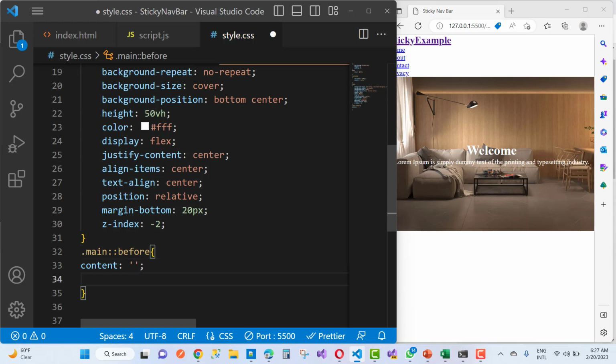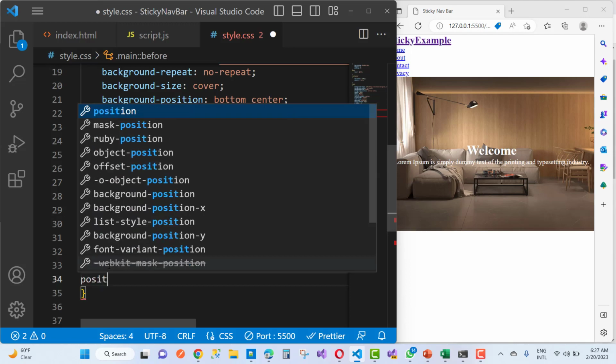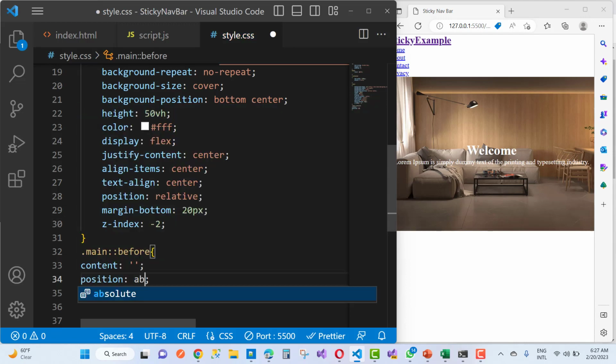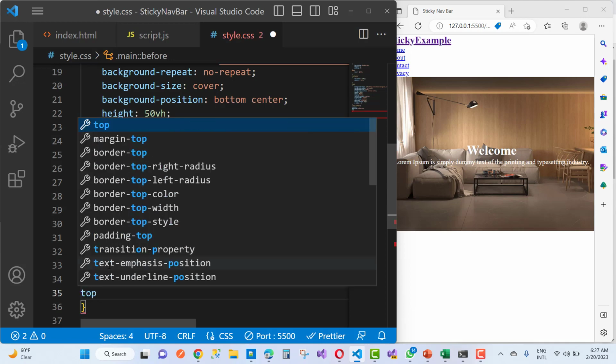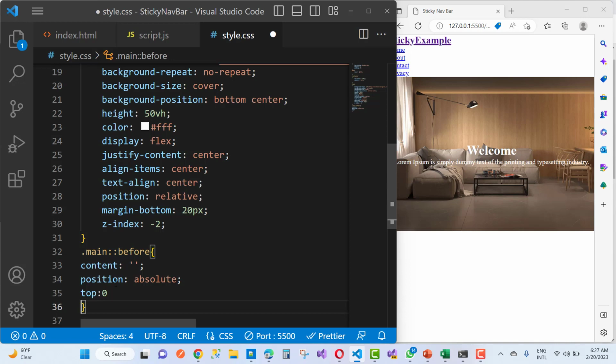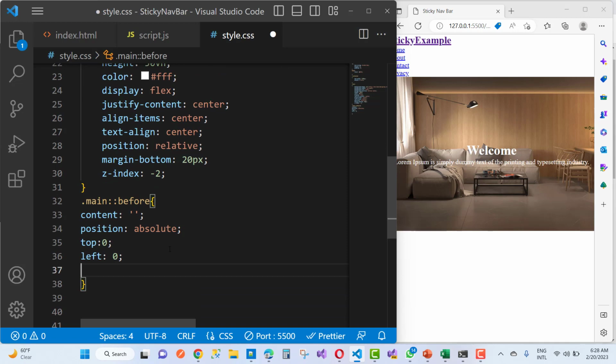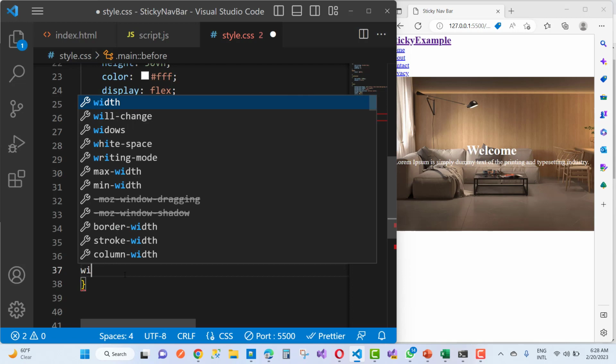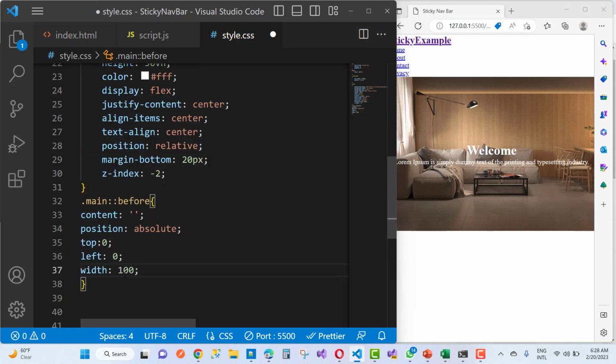and here you can say that position is absolute, and the next one is top position is 0, and left is also 0, and the width is 100% and height is also 100%. So just save this, and you can say width is 100% and height is also 100%,